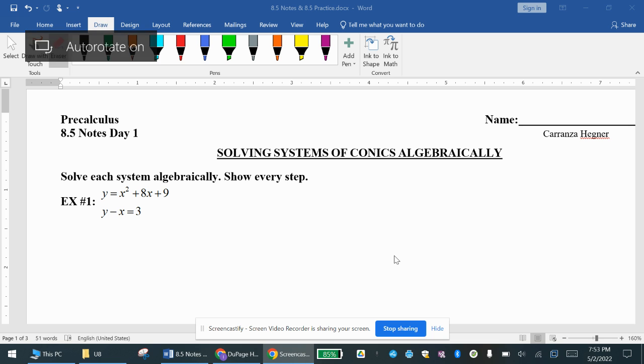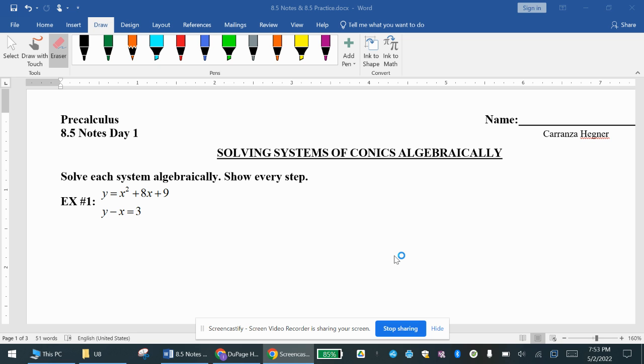You've got y equals x squared plus 8x plus 9. That's a quadratic. The highest exponent is 2. And then you've got another one that says y minus x equals 3. So that's a linear equation because the highest exponent for the x is a 1. So